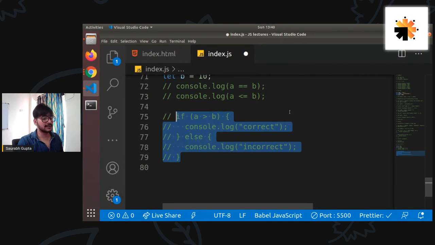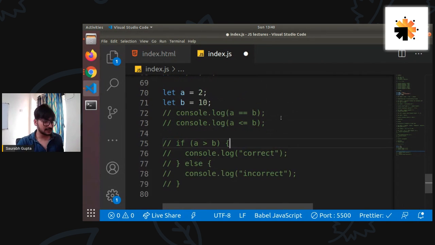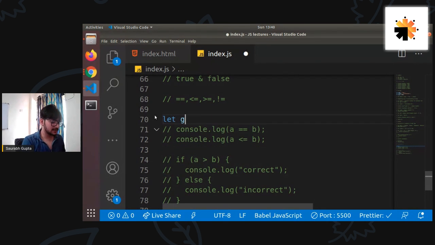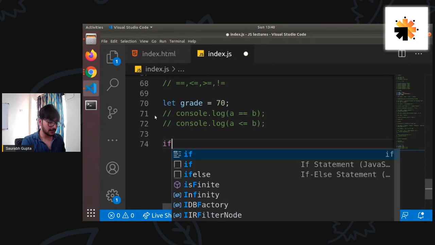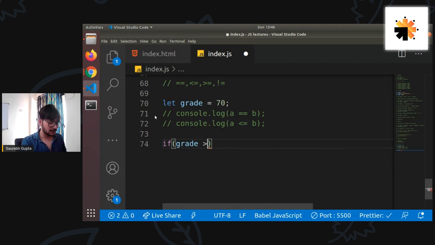So let's say something like this. I'll take a very basic C or C++ example that you might have already learned. Let's say I have a variable called grade that basically stores the percentage that I've got. So I can write 70. Then I can write if grade is greater than or equal to 70, console.log